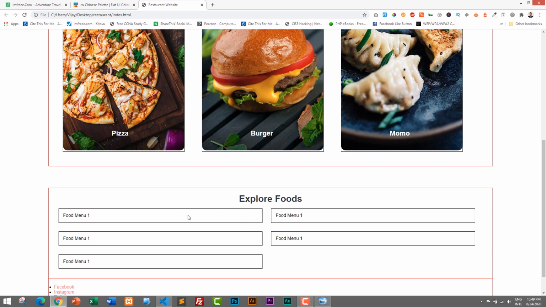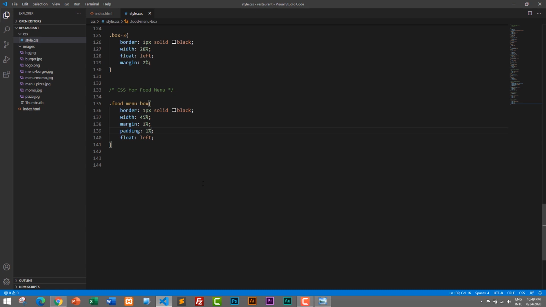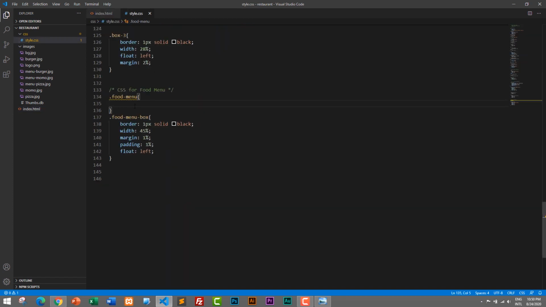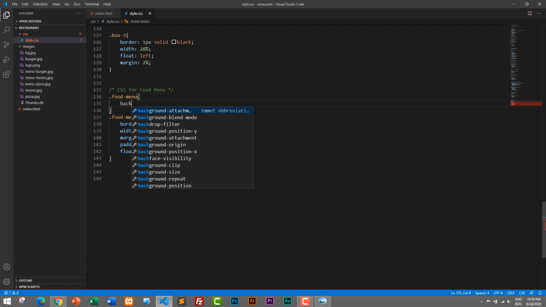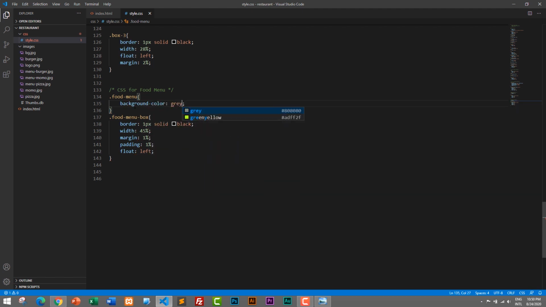So these boxes look nice, and to separate our menu or explore food section from the rest of this, I want to add a gray background color. So I will select the food menu section. This is for all, so this is the whole section. Food menu is the whole section, food menu box is just a box inside that food menu, and I want its background-color, background dash color, to be gray,